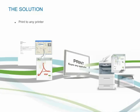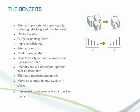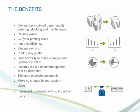So there's no manual intervention, no paper tray configuration, and no intervention required from your IT people. By using the PlanetPress printer driver and converting your stationery to PDF files, you'll quickly see the benefits. You'll instantly eliminate the need for expensive pre-printed paper, as well as the cost of ordering, stocking, and maintenance. As no human intervention is required to install and update printer drivers or managing printer trays, printing becomes efficient and